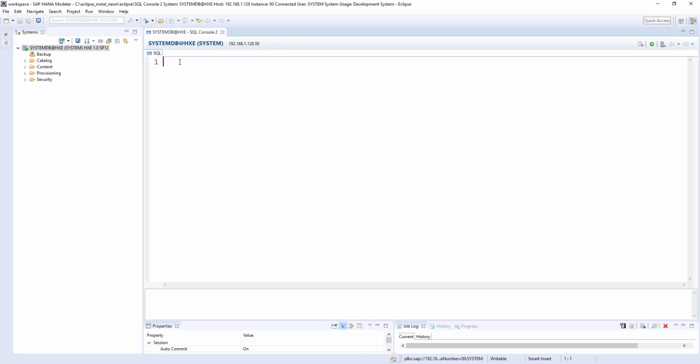Okay. So the basic syntax to create a table is: create table and then the table name. I am giving the table name as first table, and in the brackets we need to mention all the field names. We'll start with simple fields like ID, integer type, and name, varchar, let's say length 10.